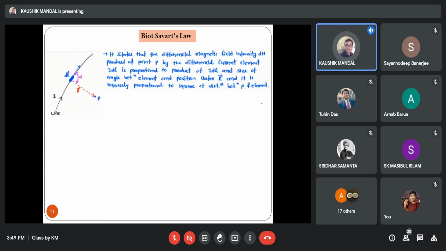I think you are familiar with this particular law also, this Biot-Savart's law. Now, if we consider a current carrying conductor like this, and the current through this particular wire is I. Now, if you want to find out the magnetic field intensity at a point P,